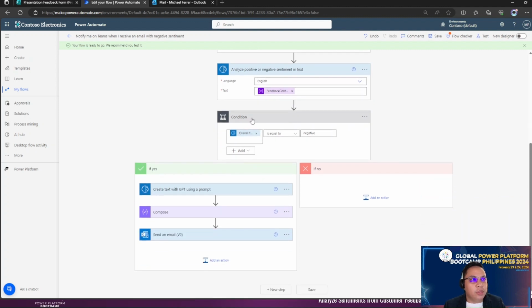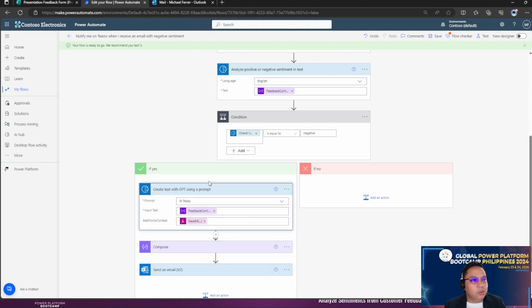And then we will evaluate this condition. Overall sentiment, is it a positive, a negative, or a neutral one? For this example, we will just take the negative output. So once it analyzes the sentiment and the sentiment is a negative one, then we will proceed with the next steps to create a reply. So once the overall sentiment is negative, it will go to this branch, the yes branch, which will run another